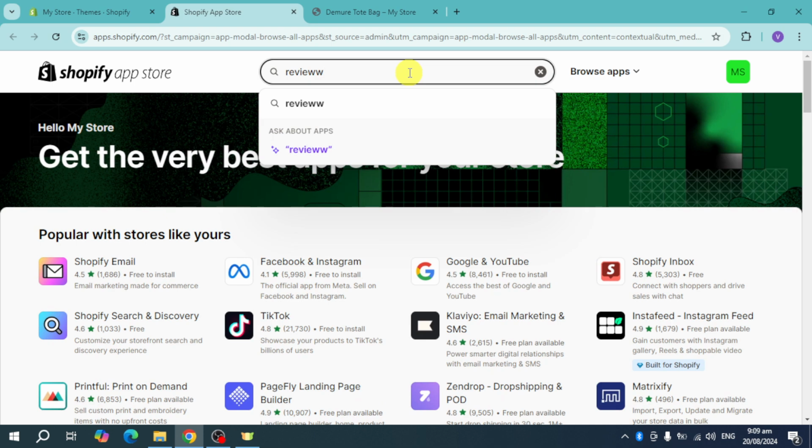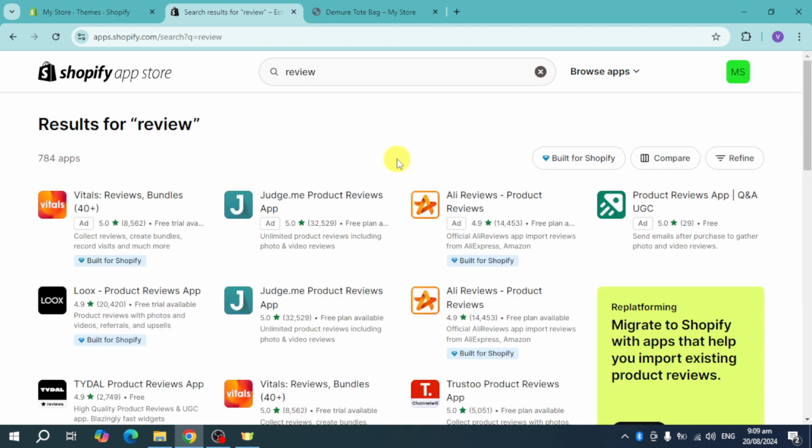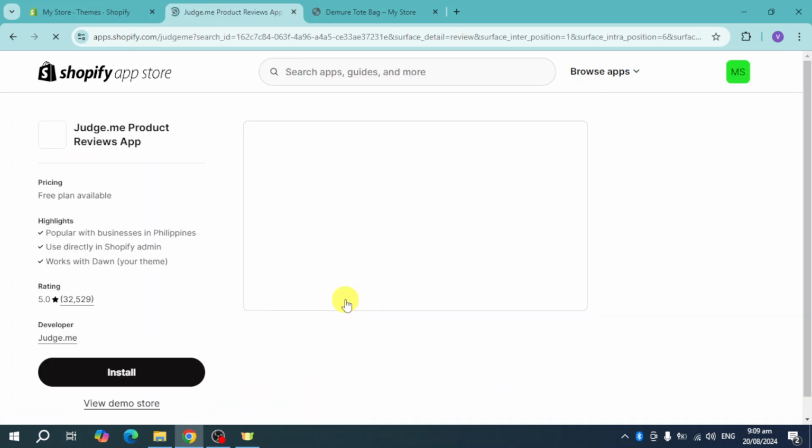So once you have searched for this, just head over and enter it, and then you should be able to see in here some search results. From in here, you can actually add any reviews app that you want. For me, I'll head over and then use this Judge.me. Click on this. Click on this install right here, and then from in there it will redirect you back to